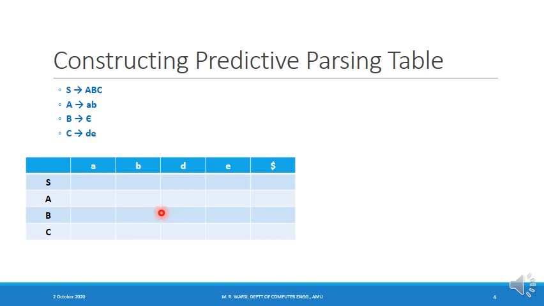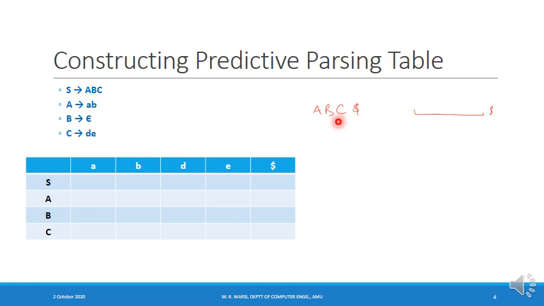Let us assume that during the parsing, the parser has reached the configuration where the stack is, for example, holding capital A, capital B, capital C, and dollar, and I have some string which is there in the input buffer. What is the significance and meaning of this configuration? The significance of this configuration is that the parser is first of all expecting the string which is derivable from capital A, followed by the string which is derivable from capital B, and then the string which is derivable from capital C.